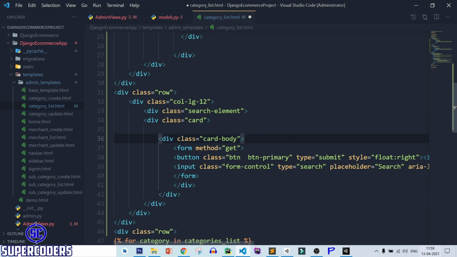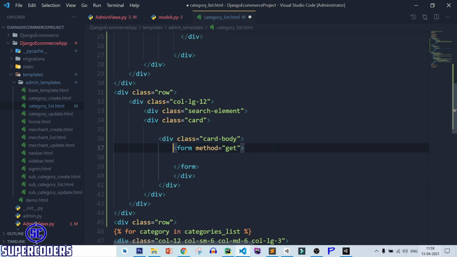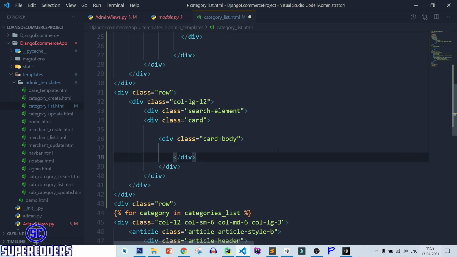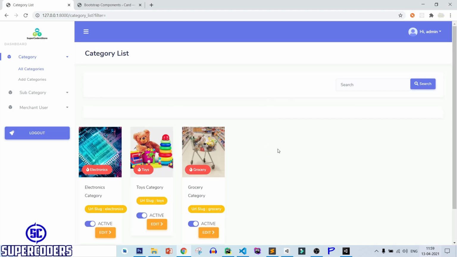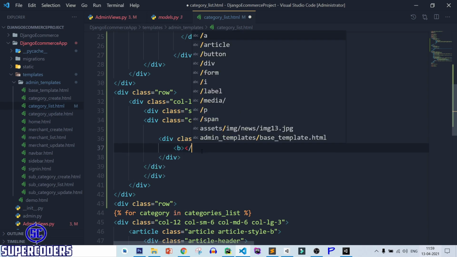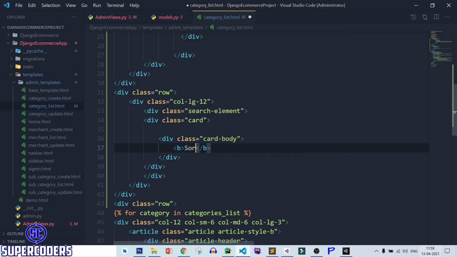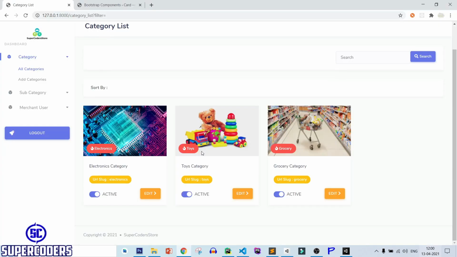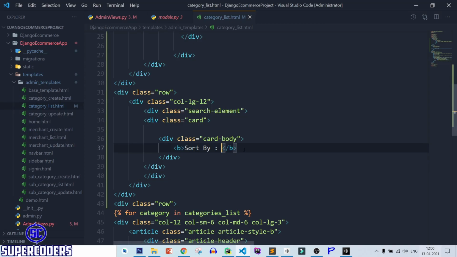After that, let's here add a text. First adding sort by, save it, refresh page. You can see sort by.